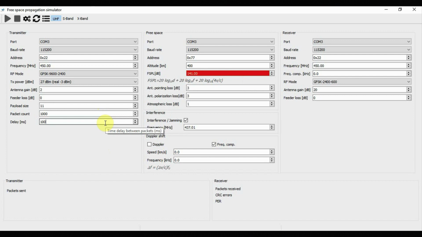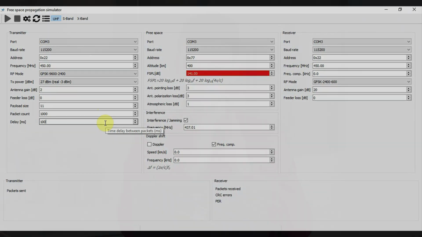So if you have 100 milliseconds of delay, this means that once the first packet goes through, there are 100 milliseconds in which you basically have silence until the next packet starts, or you have some sort of message which is characteristic for the transmitter, but not information, not payload, until the next packet is sent. And you can play around with this parameter, and you can see that this delay also governs, let's